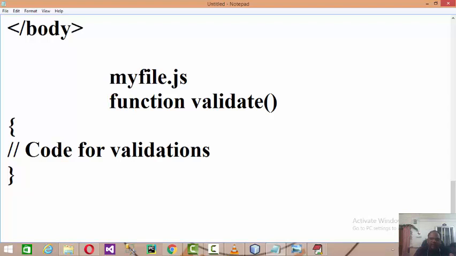So why not separate the entire function code and store it in a separate .js file, and then specify it as a source and embed it with the HTML, so that you have a separate HTML web form and a separate .js file. When you submit the data, it refers to that .js file, validates all the data, and then it is posted to the response page or the server side code over there, right? Hope you understand everything over there. Thank you.